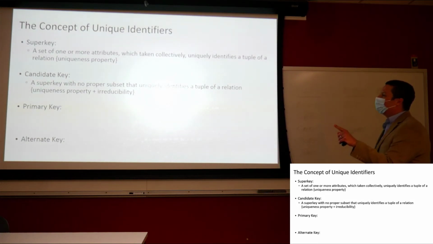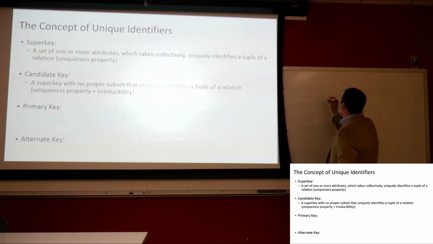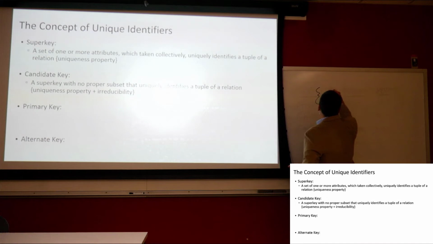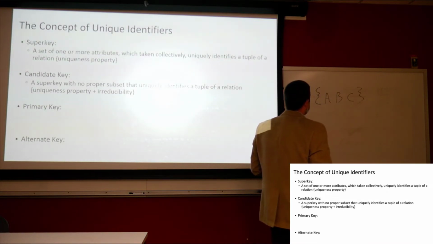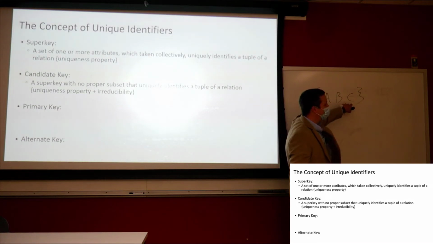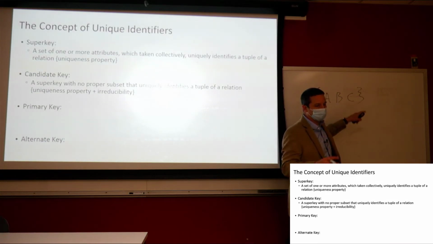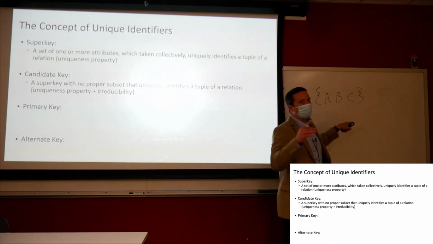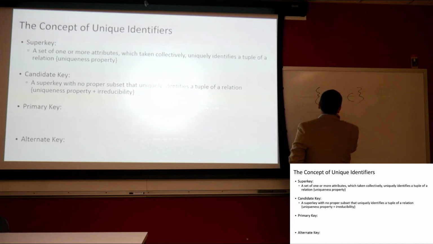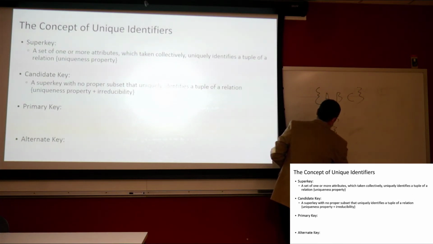Proper subset. We should define this because this is going to come up a couple of times. So let's imagine that we have a set of 3 values, A, B, and C. So A, B, C is a subset of the set A, B, C. A set is a subset of itself. However, a set is not a proper subset of itself. So we have proper subsets of A, B, C, which would be